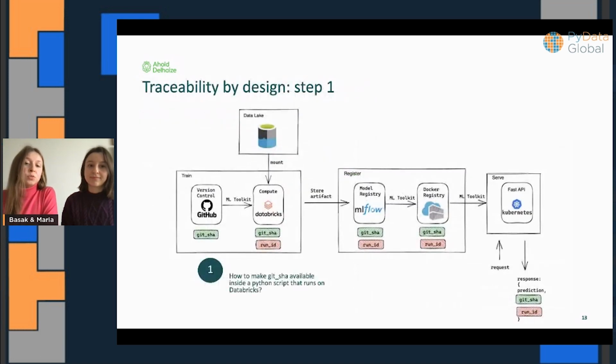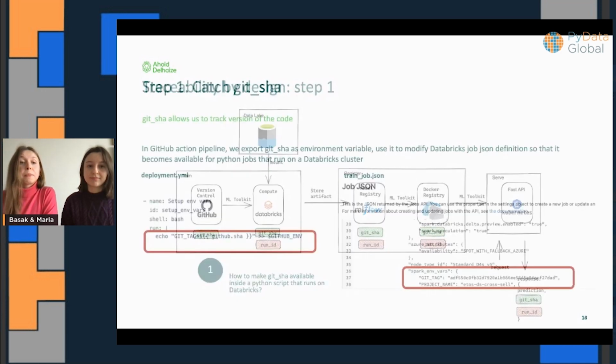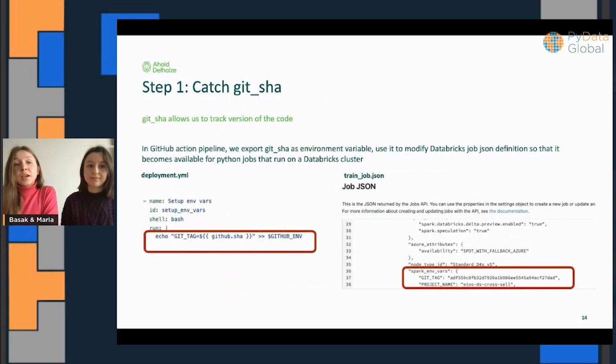So if we are looking at all these steps that we mentioned, step 1 would be: how can we make Git SHA available inside the Python script that runs on Databricks? To catch Git SHA, we use GitHub Actions. It is available in GitHub Actions.